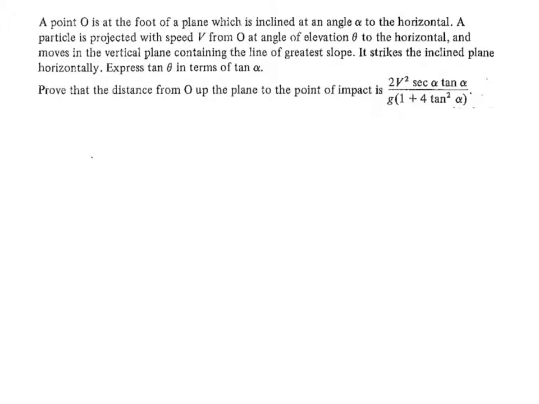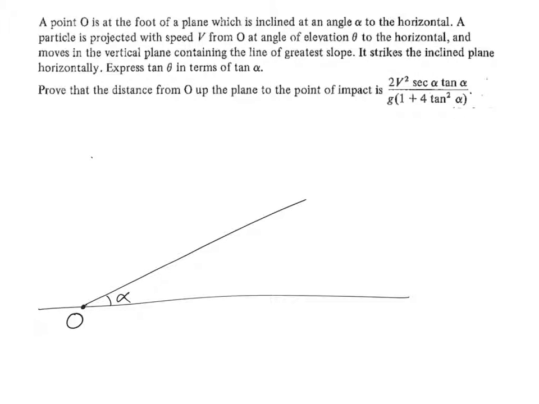Okay, so a point O is at the foot of a plane which is inclined at an angle alpha to the horizontal. Let's draw a good diagram. There's the horizontal, and this is the point